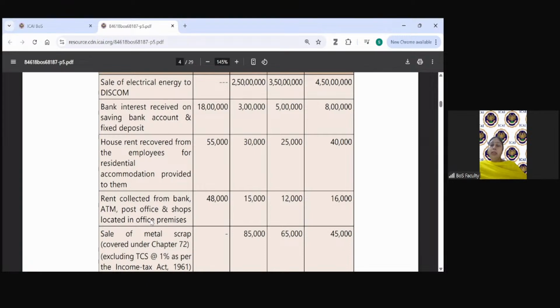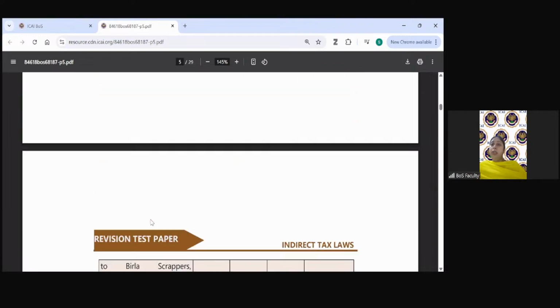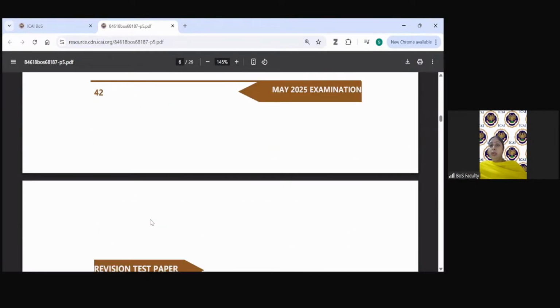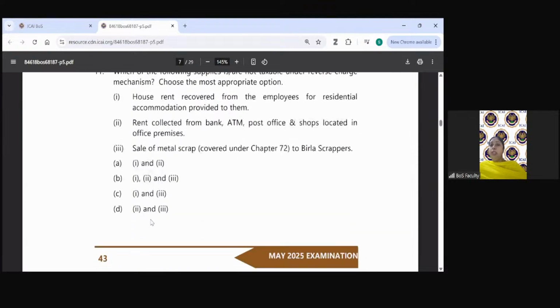Now, in this point, if you see, this is a service of renting of commercial property. Service of renting of commercial property is taxable under reverse charge only when the supplier is unregistered and recipient is registered. Whereas in our case, supplier is registered. Recipient, we do not know who is there, but if supplier is registered, you cannot apply reverse charge provisions per se. So in the first place itself, reverse charge provisions get excluded, and therefore none of these transactions are taxable under reverse charge. Therefore, the option which is correct in question 11 is option B.